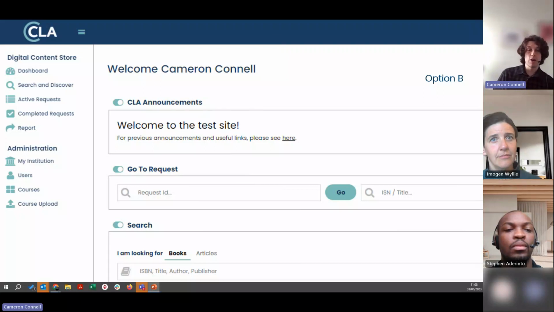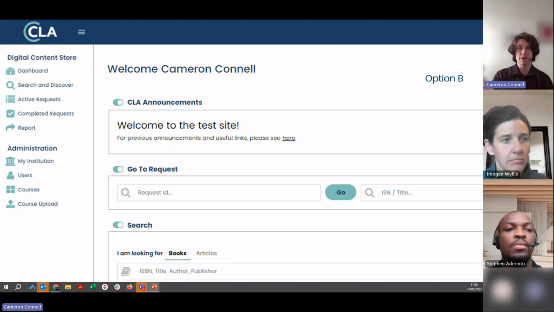So the idea is that that will go straight through to a knowledge base page where you can see all the previously accessed links. So you'd still be able to find what you're looking for, but then we can use this announcements page just for upcoming announcements, like the really important stuff that's going on right now. The idea is that by clearing this out, you're more likely to actually notice the announcements we put on there. They won't be lost in everything else.